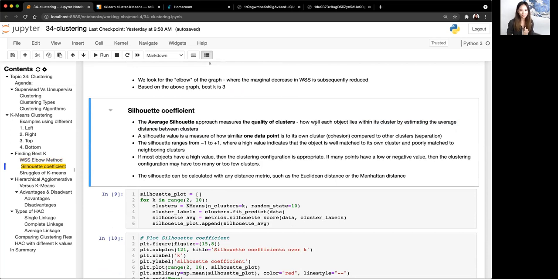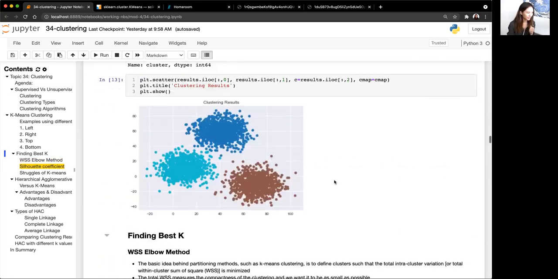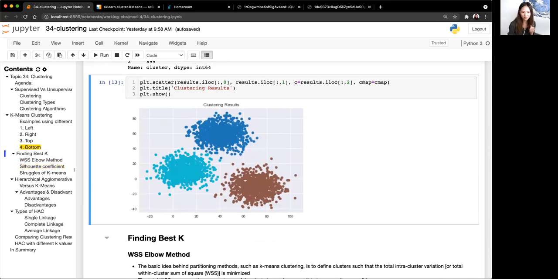How good is this data point in its assigned cluster versus if it were in a different cluster? So let's say for this data point over here, let me just mark it real quick. For this data point over here, how good is it in this cluster versus being assigned to this cluster and this cluster? So that's what silhouette coefficient